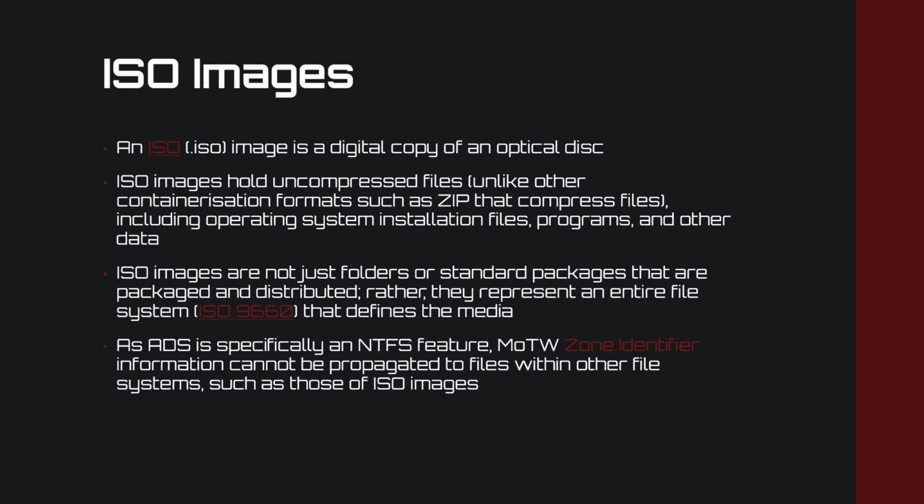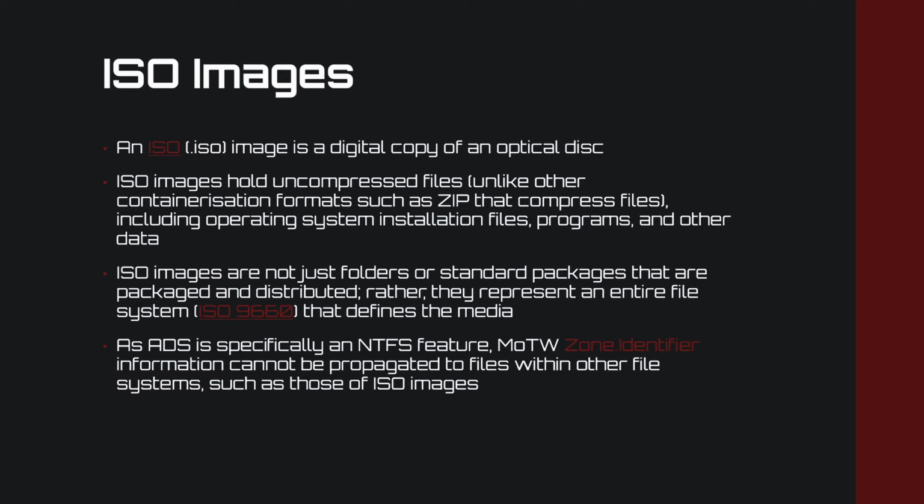Now, one of the oldest means of distributing software was through the use of optical discs. And if you're old enough, you might recall going into a computer shop to buy a copy of a game or a product such as Microsoft Office. You would buy a digital copy of an optical disc, insert it into your computer's disk slot and install the product. ISO images are essentially the same as optical discs, however, they have been modernized to function without requiring a